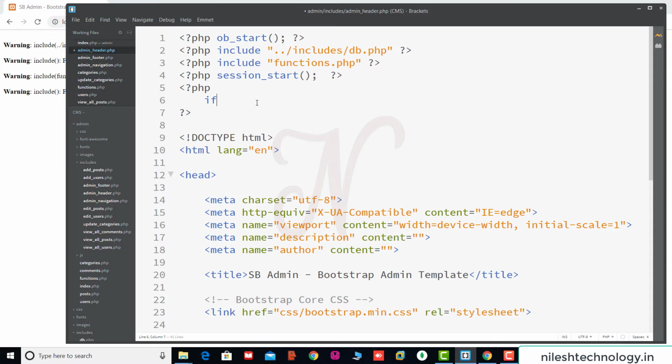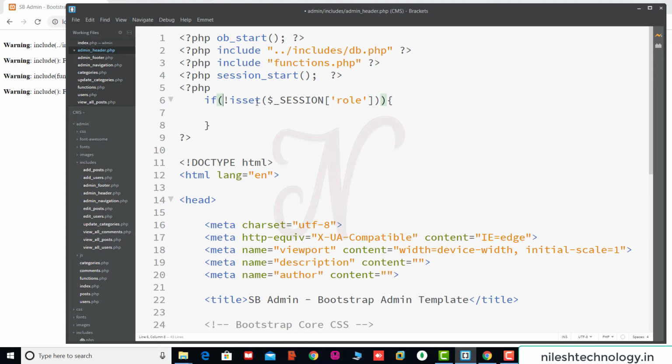Okay, so here we check that if isset the session role value. If the user role is not set, then you are redirected to the index.php file.